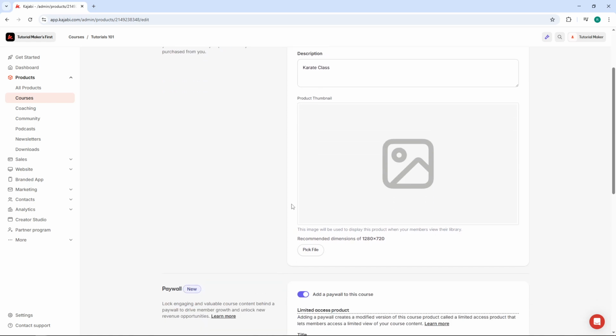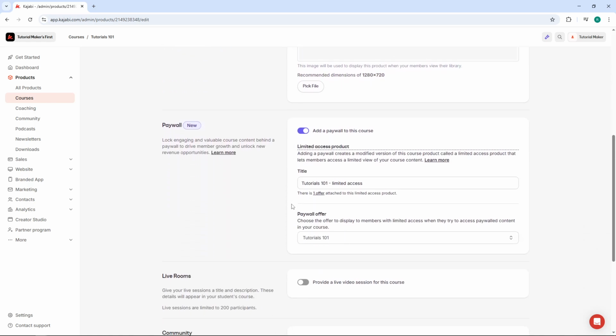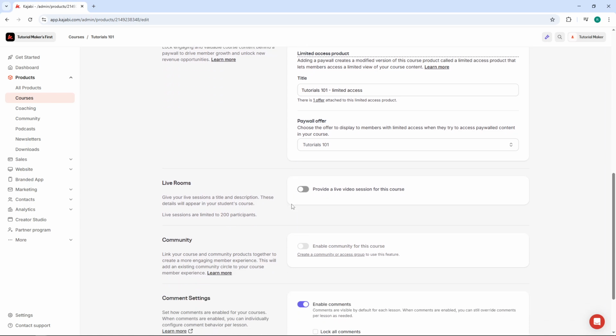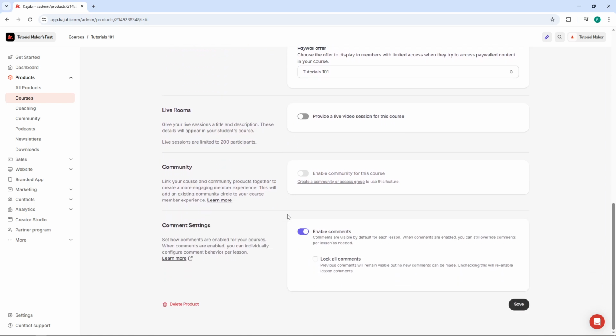Scroll down to view even more customization options that Kajabi offers. There's quite a bit you can tweak to make your course look exactly how you want it. And if you ever need to remove a course entirely, you'll find the delete option at the bottom left part of the overview page. Once you're satisfied with all your edits and customizations, make sure to click Save to lock in your